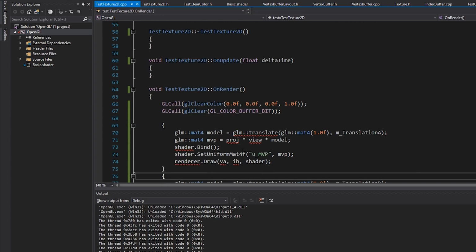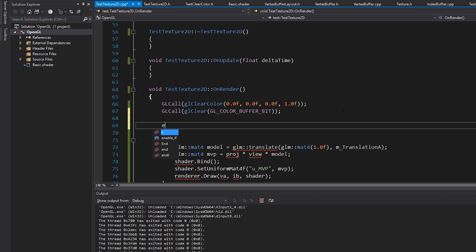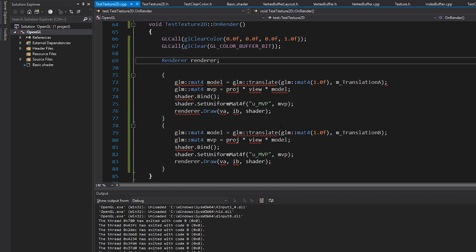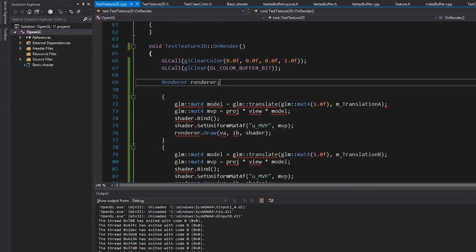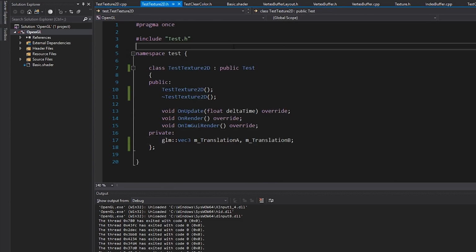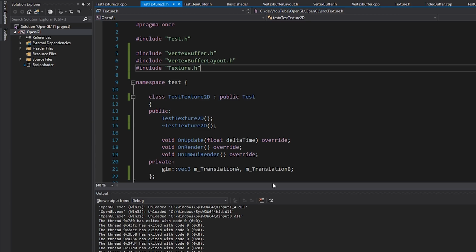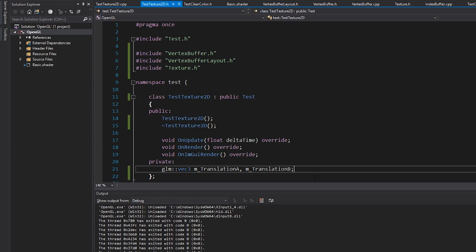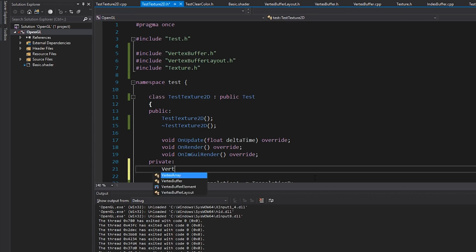And let's set up the shader. Okay, so the renderer, we can just, as I said, just make it like this. That's totally fine. We'd only need it to actually call this, and that's it. So we need the vertex array, we need the index buffer, and we need the shader. So that should be pretty easy. Let's actually go up here, and we might as well just include this stuff here. And we also need the texture. So vertex array,